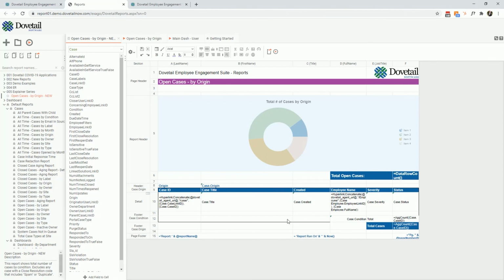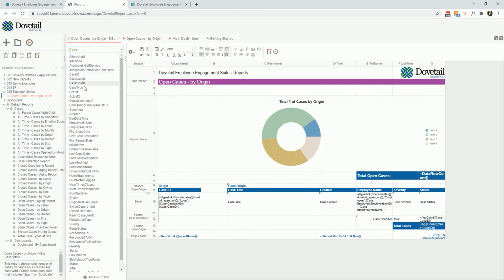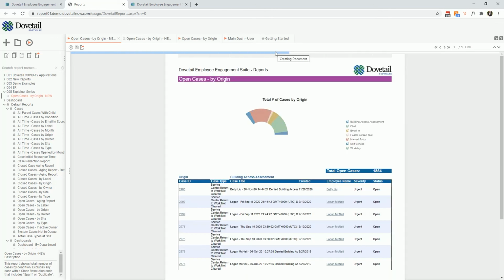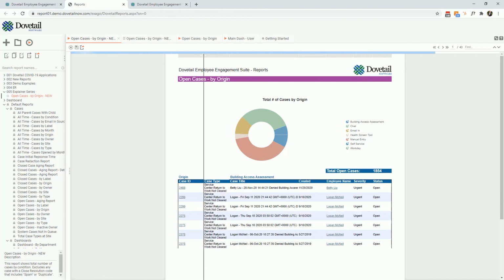And then I can even add additional columns if I want to. So we've got the case ID and case title. It doesn't look like we've got the case type in there. So simply look for case type on the left-hand side here and drag it on. And I'm going to use a trick of copy paste and then just change to case type. And now when I run this report, you'll see that I've got the case ID, I've changed the colors, and I've also got the new case type being pulled through as well. And then I can start to adjust and tweak these values to get it just how I want, and then save that report for later